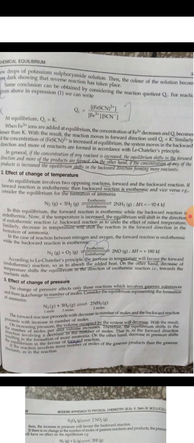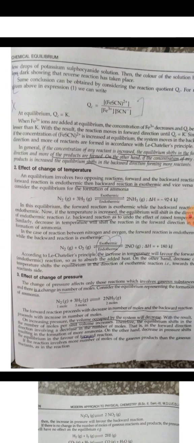If the reaction in the forward direction is endothermic, then the backward reaction must be exothermic. So what is an exothermic reaction and what is an endothermic reaction? An exothermic reaction is a reaction in which net energy is released, and an endothermic reaction is a reaction in which net